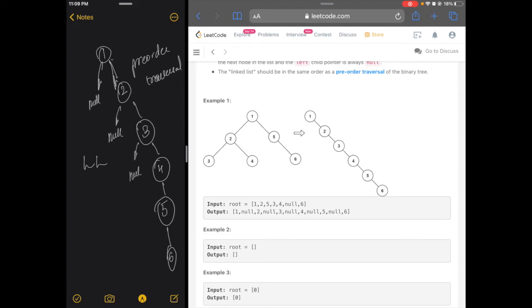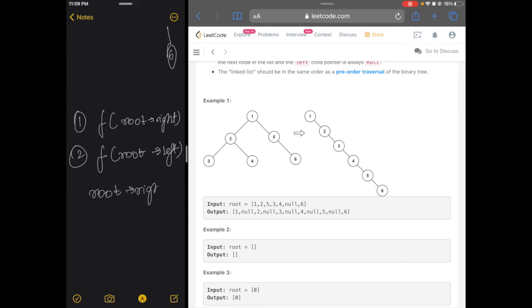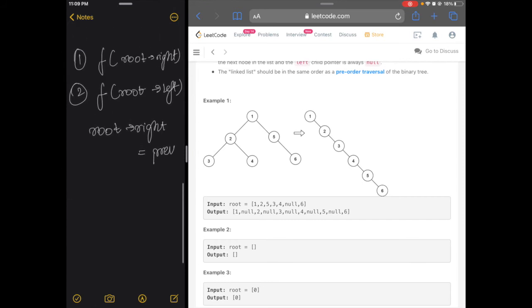So let me just write down the steps. We recurse to the right of the node, extreme right, then we recurse to the left of that node, and then we store the right value of that particular node as the previous node that we've stored, and then root's left would point to null.